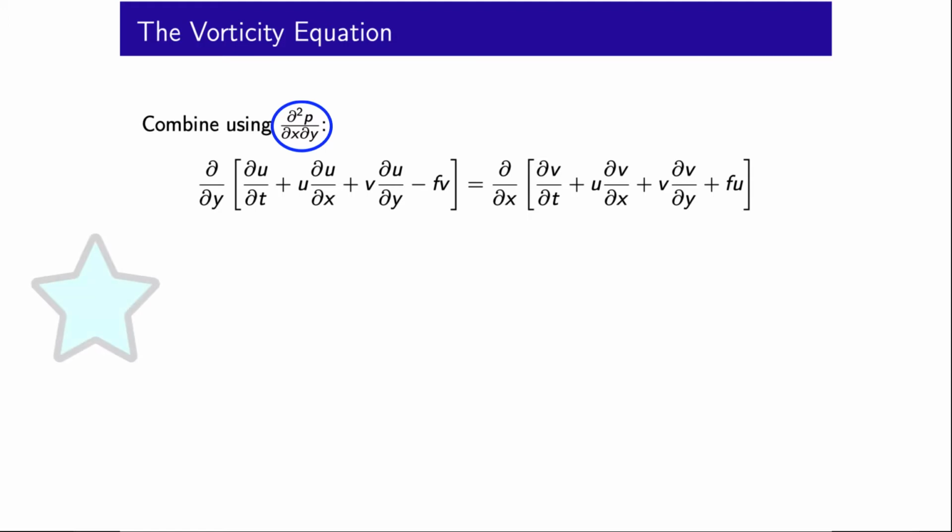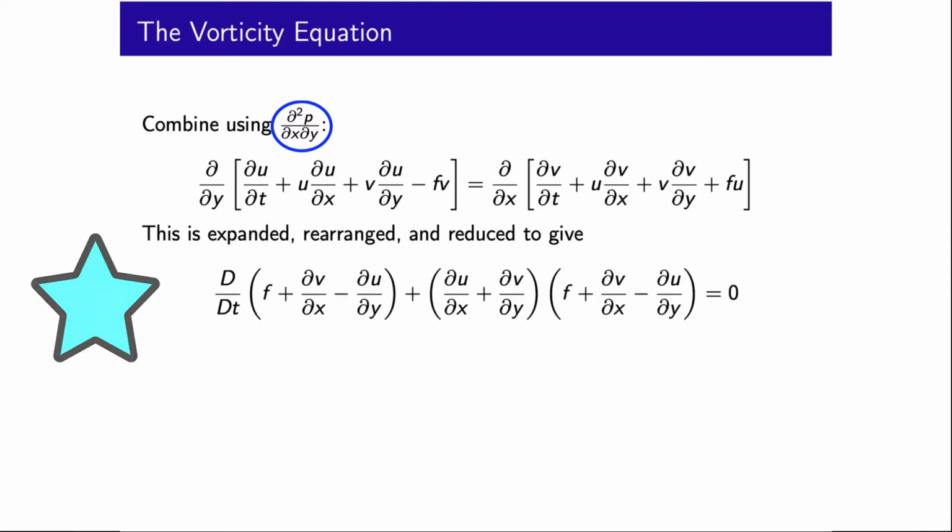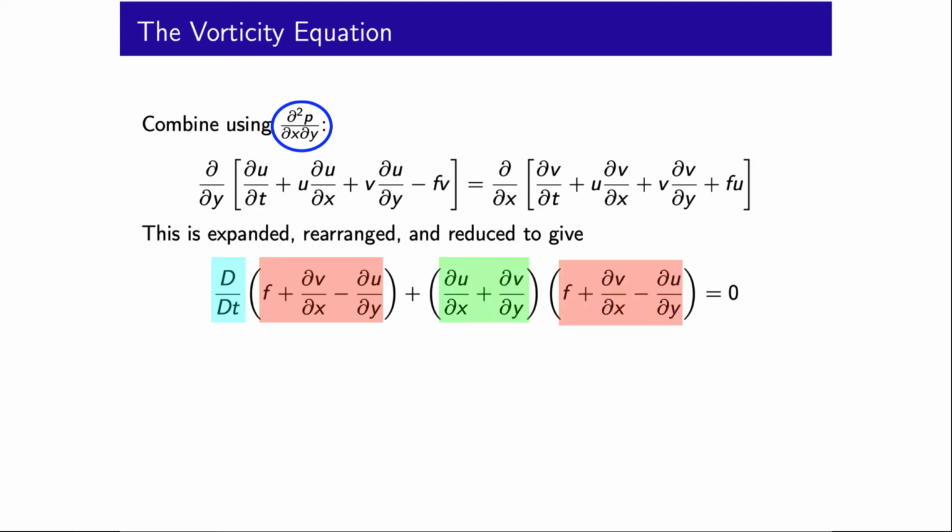The product rule is then used to expand this expression, which is then rearranged and reduced to give an equation with the total time derivative of the Coriolis parameter plus the x derivative of the v velocity minus the y derivative of the u velocity plus the horizontal divergence times the same group of terms as with the total time derivative. At this point, we define zeta as equal to dv dx minus du dy,